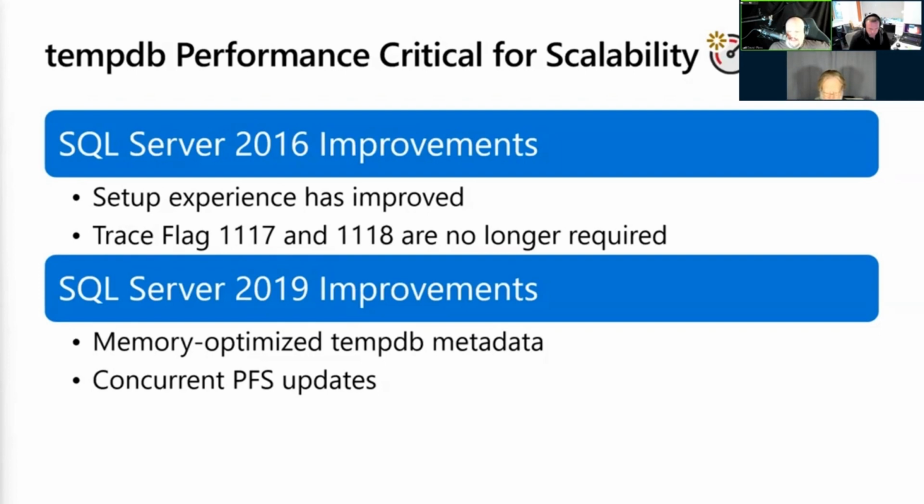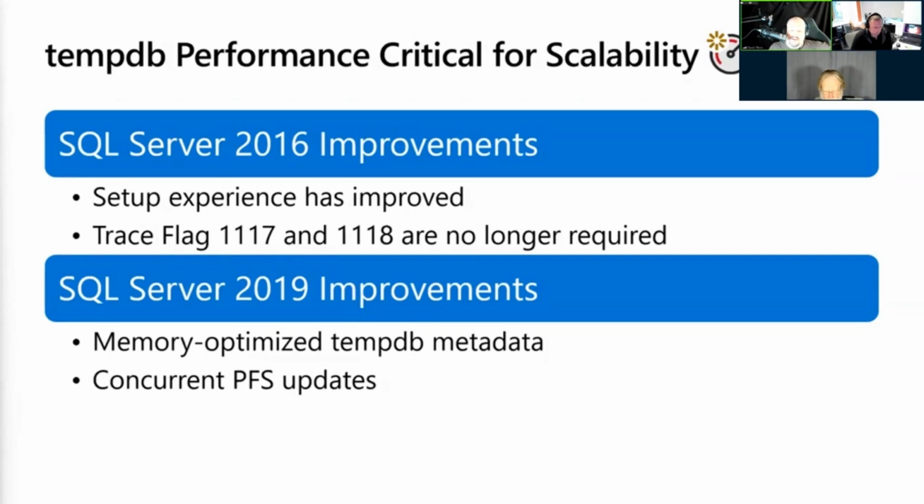There were also the multiple TempDB data files. They all auto-grow at the same time in the same amount. Use uniform extents over mixed extents. That helps reduce SGAM contention. So what this means is you don't need trace flags 1117 and 1118 anymore. If you use them, they just essentially get ignored.